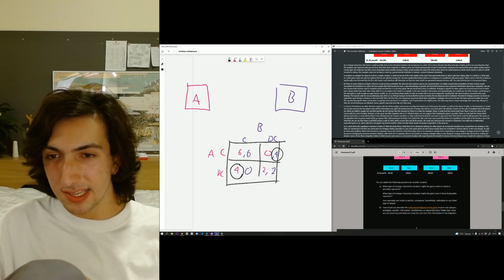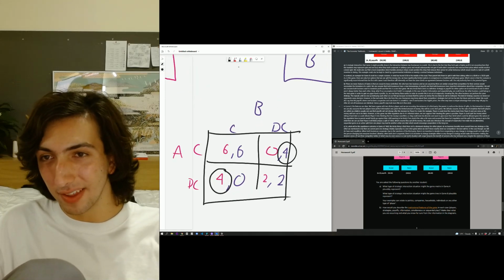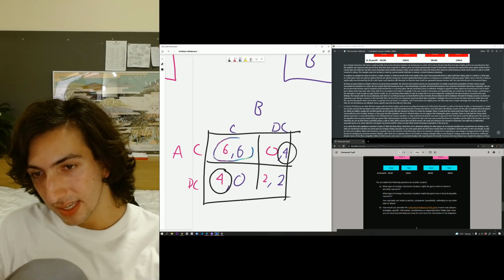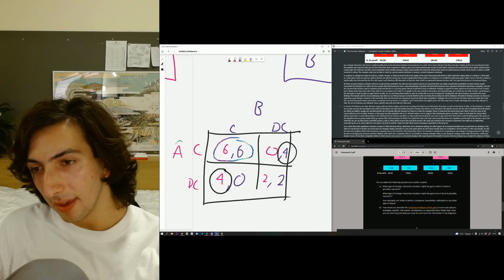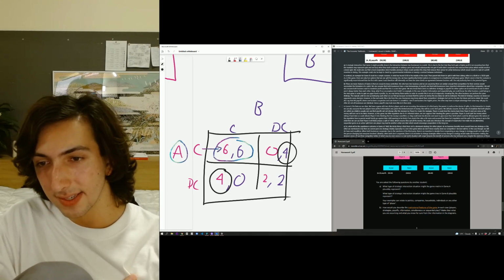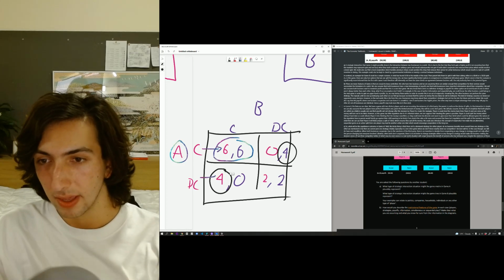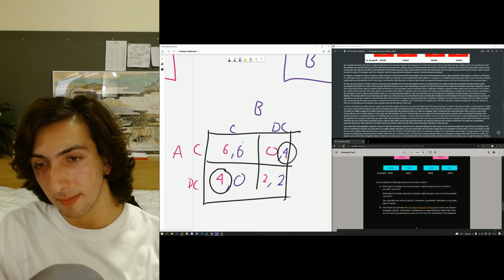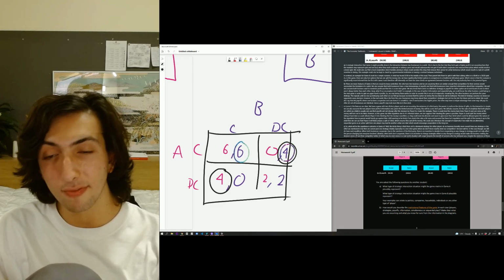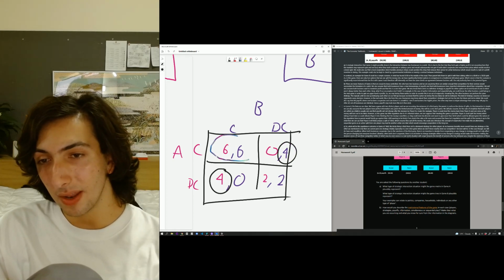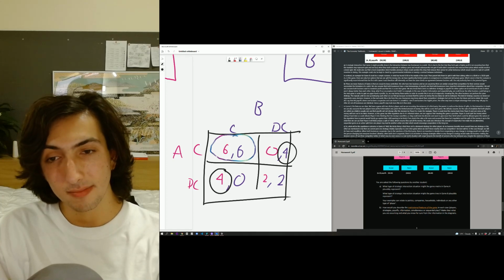Well, let's play this out. Can I zoom in? I can. How lovely. What if I start here at 6, 6? Well, if I'm A, then at my current strategy I'm getting 6. At another strategy, I only get 4, so I wouldn't switch, right? No, it would be unreasonable to. So A wouldn't switch. B has the same thing. B is currently getting 6 and would get 4 otherwise. So they wouldn't switch either. So we have an equilibrium at 6, 6.